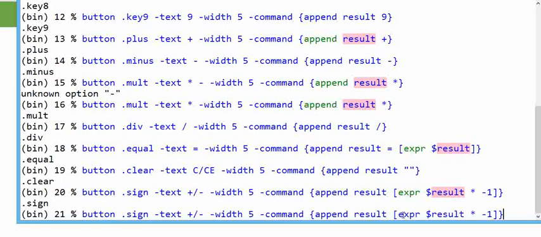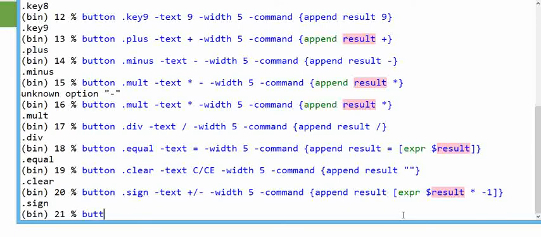Finally I am going to take a last button for off. Okay, button dot off minus, or you can take some other name like close or quit. Minus text, the text to appear: off. Here I am going to give minus fg, minus foreground, I am going to put red. Now it must be associated with a command. When I click over the close button, it will close the calculator. So minus command, I am going to write here simply exit. So it will close the calculator.